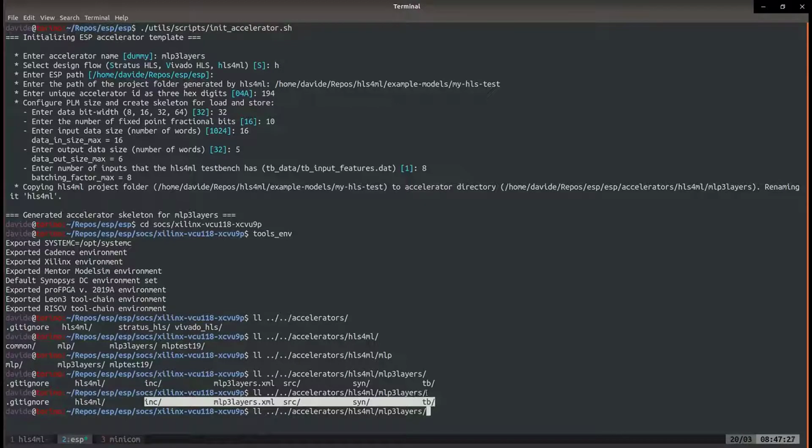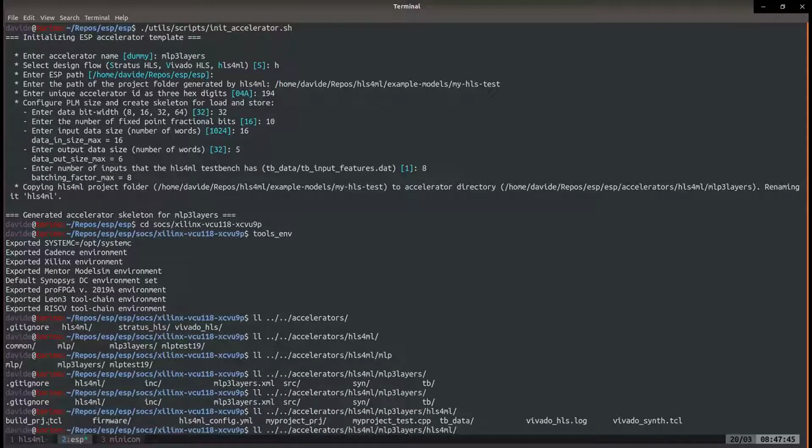So test bench, the scripts for HLS and simulation, source files, and this is an XML with some information needed by the system. Here are some header files, and instead this HLS4ML folder is nothing but exactly the content of the original